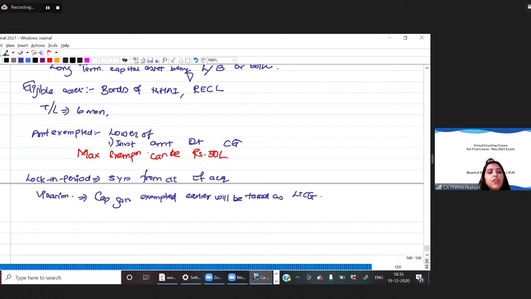Ambika, you can claim 54 as well as 54EC. But 54EC does not talk about residential house property, whereas 54 talks about residential house property. So it is on you. If you want to claim 54, you can claim 54. If you want to claim 54EC, you can claim 54EC also. There is another provision which is 54F also. Clear, Ambika? Which I'll talk about in just a while. What is the answer for this?